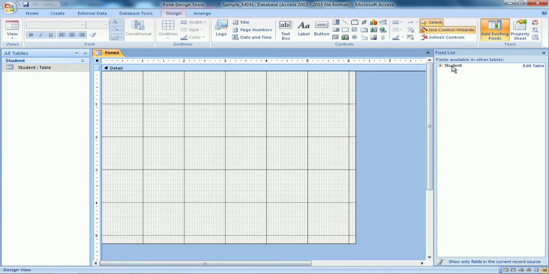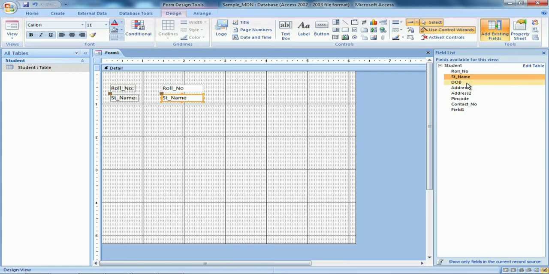Now field names are stored inside the table. So when you click on this, it shows you the name of the table. Double click on the table name. When I double click on the table name, I get to see whatever field names or attributes I am having. Now as I click on each of these fields, if I double click, it will be placed on the form like this.